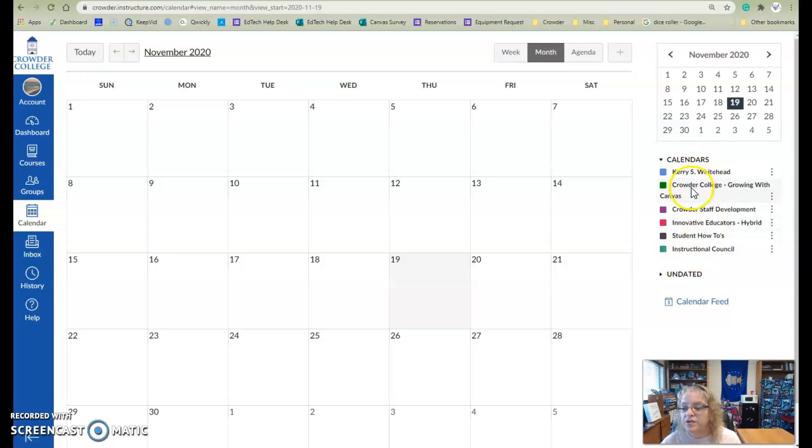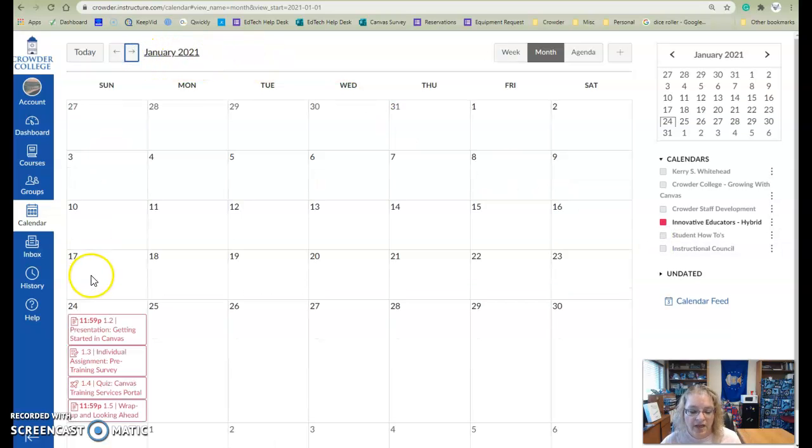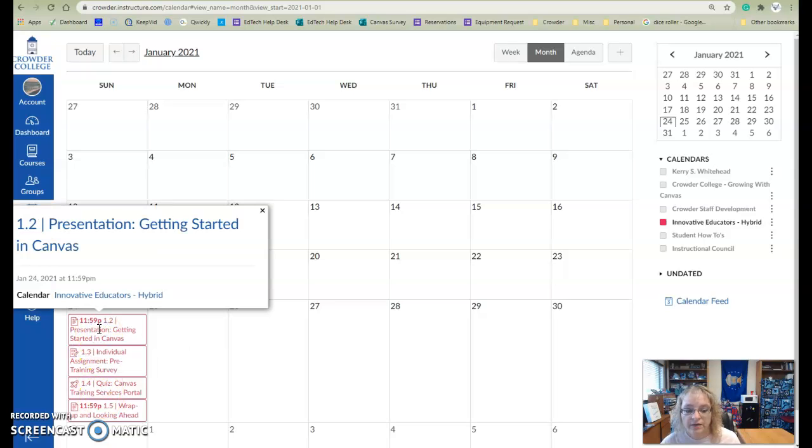Your different calendars show different colors. That way you can determine, this shows all of your courses. So if you want to see just the Innovative Educators, then you can unclick the other calendars. And I'm going to go ahead and click to January. And you can see right here that we've already got items with their due dates for January 24th. All you have to do is just click on them and click the link, and it will take you directly